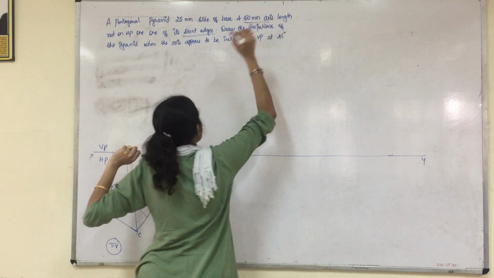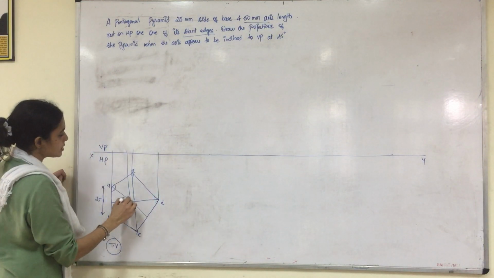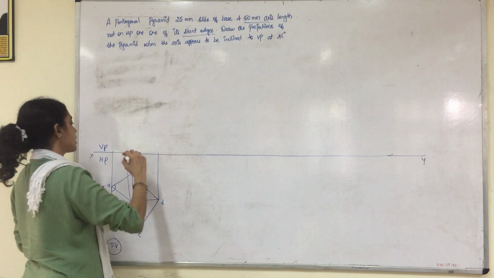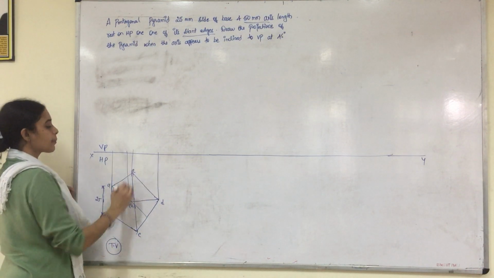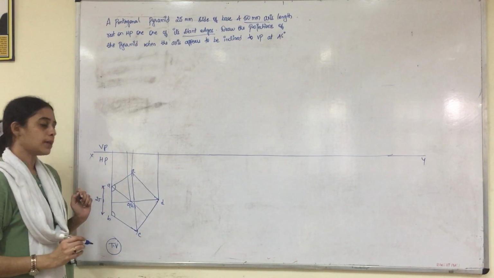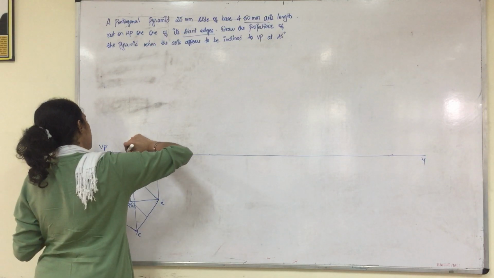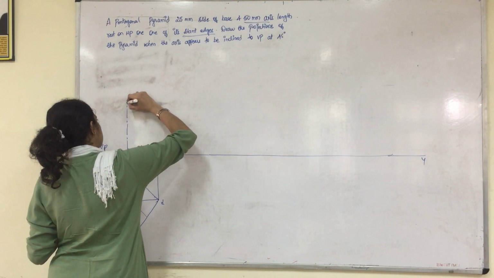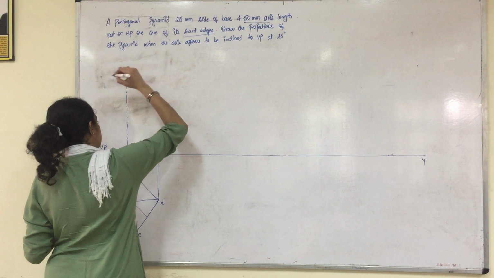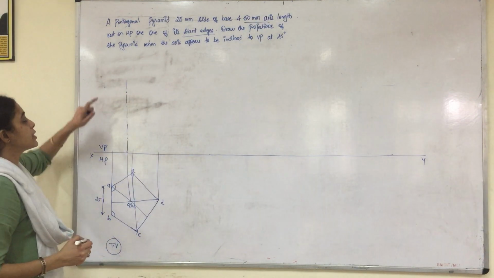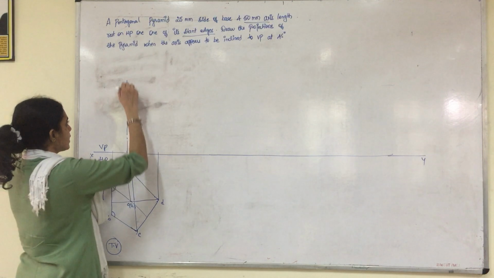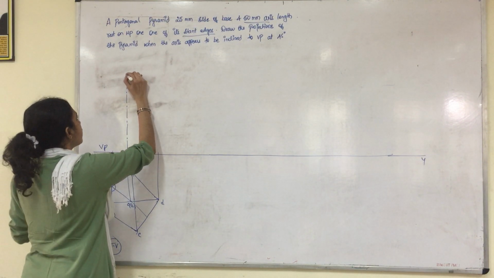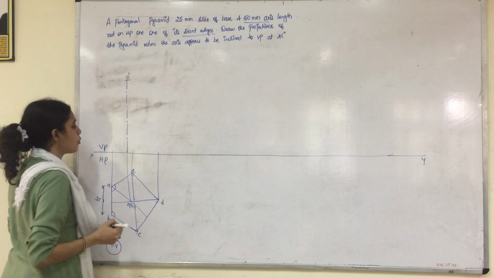The axis height is 50 mm. So this is our center. Right. So from the center you will measure 50 mm. Since the axis will be visible over here, you will show the axis line pattern. Right? It is told 50 mm. So once you draw the center line, you measure 50 mm and just cut an arc. So where it meets will be our O dash.